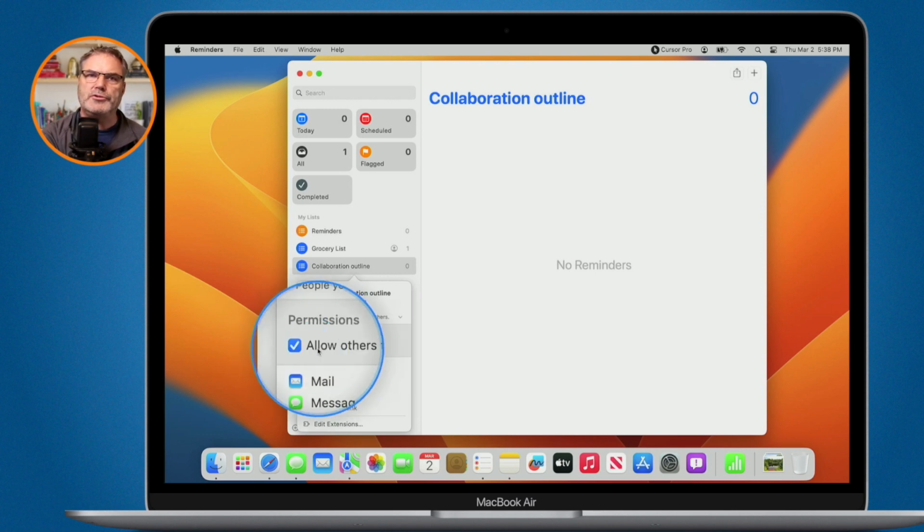Do you want other people to be able to invite people? So in other words, when I send this out to Steve and he accepts it, I send this out to Abigail, what Steve could do is invite other people to it. If that's okay, leave this checked. If you don't want him to do it, if you want to keep it closed, then what you do is unselect this. Steve will still be able to join, but he won't be able to ask anyone else. You are the one that's in control of who can join that